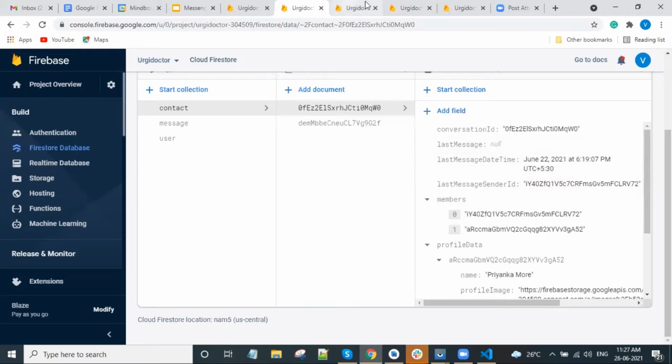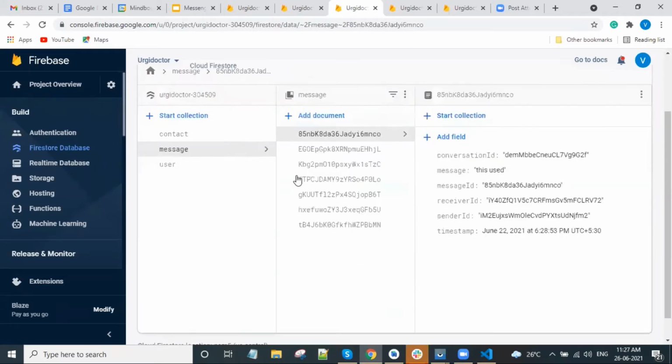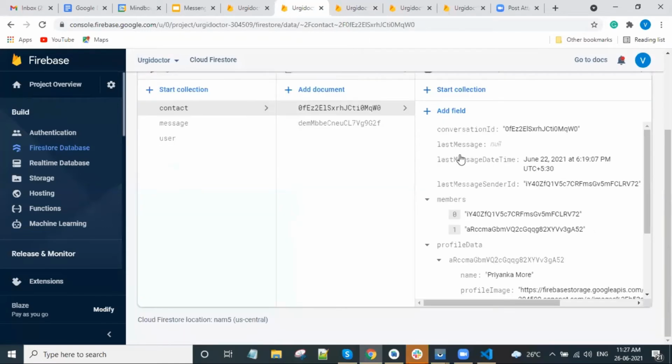We will move towards our next collection, the message collection. This is a straightforward collection. With message, the documents are stored under a unique ID called the message ID. With that message ID, we have stored documents, and the document contains the conversation ID. This is a reference to the conversation the message is from.